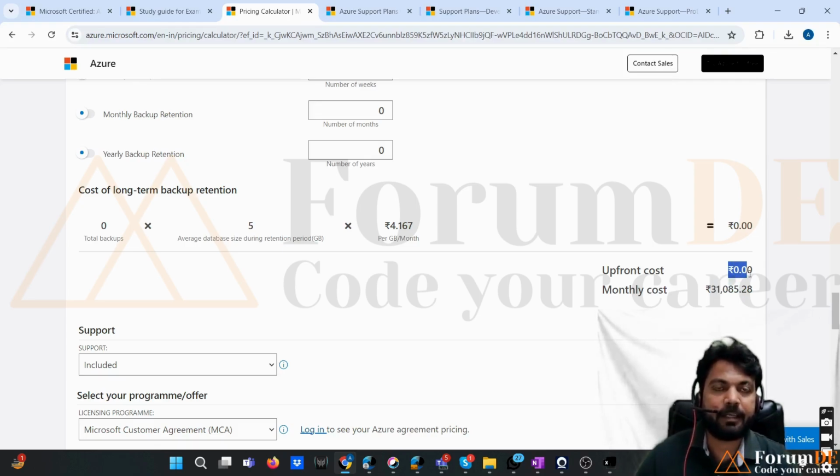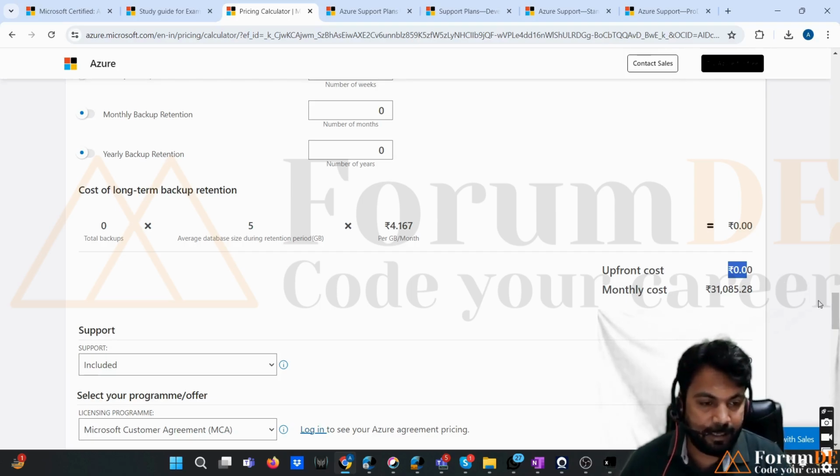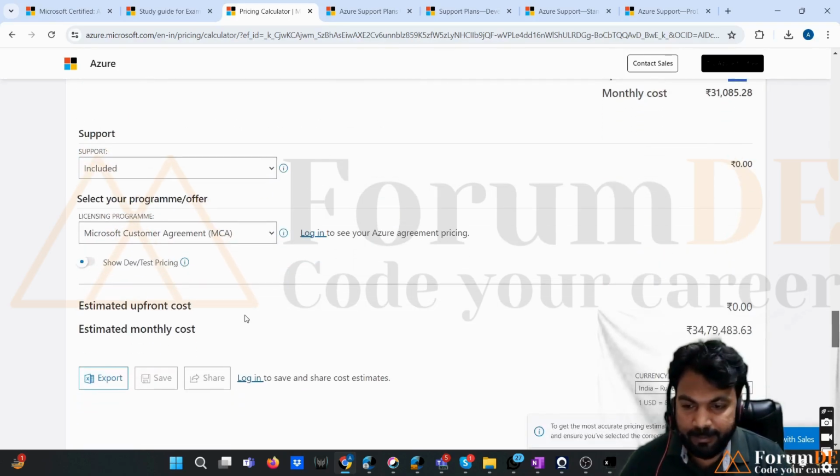It means in the beginning you will have to pay 0 rupees. Now we have two things coming up: estimated upfront cost and estimated monthly cost. Estimated upfront cost means in the beginning you will have to pay 0 rupees, and estimated monthly cost means you will have to pay this much rupees,